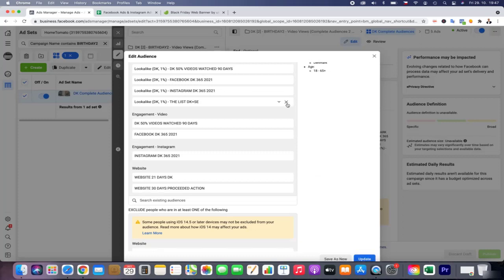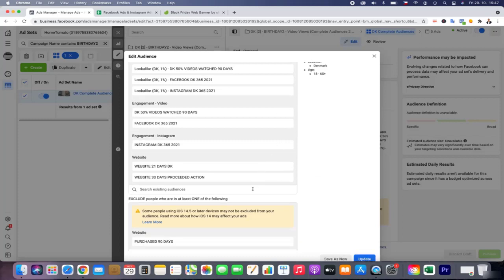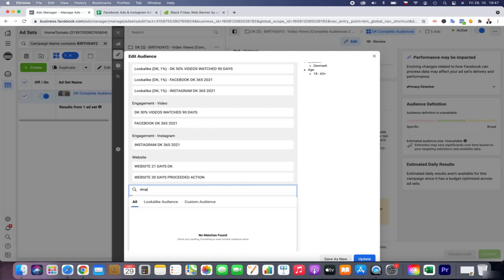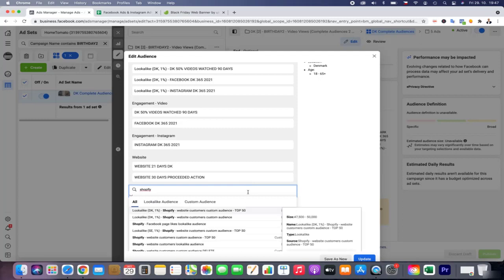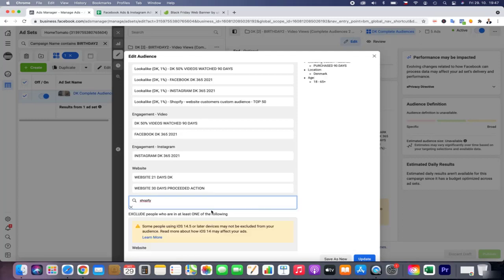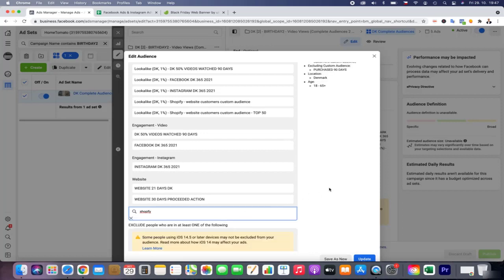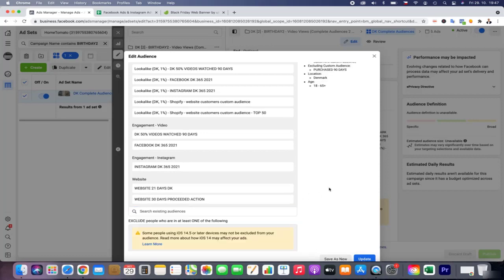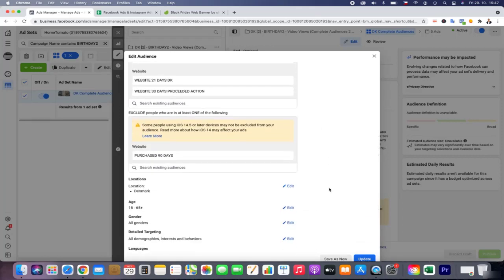But I think I will remove this list, and what is great is it's better to use the direct Shopify feed, which you can use very easily, and basically Shopify is doing everything for you.